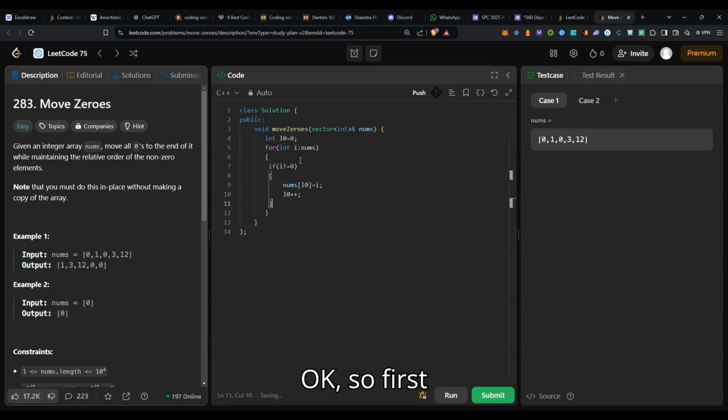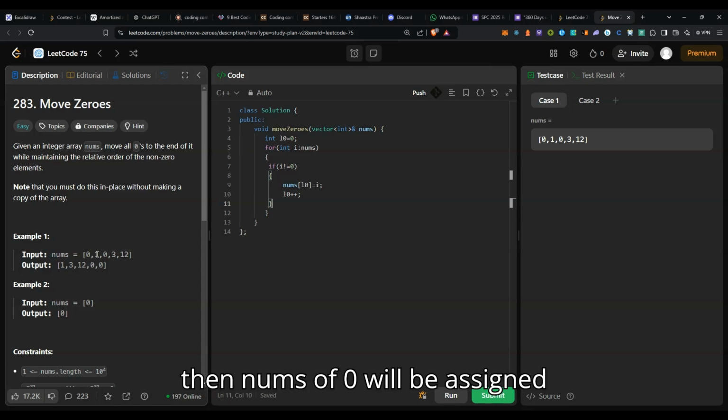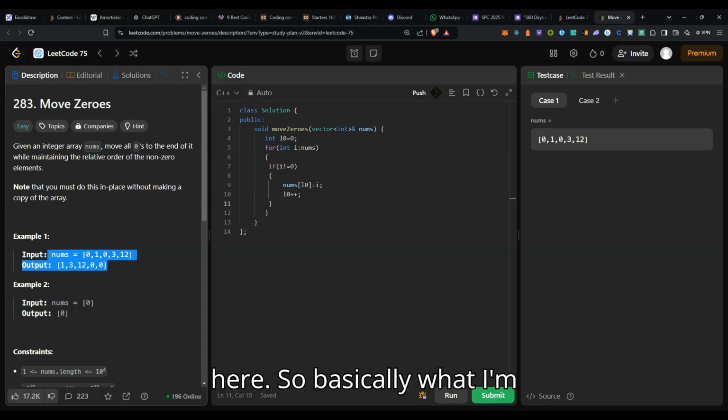So first both pointers will be here, and then when i is 1, nums[0] will be assigned here. So basically what I'm saying is,